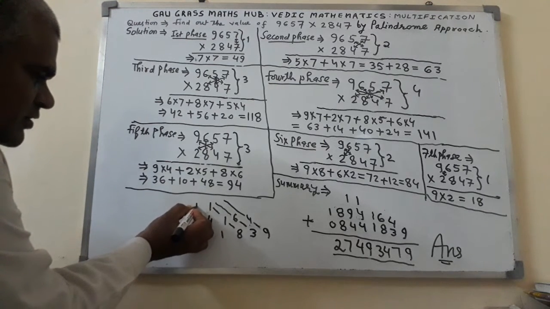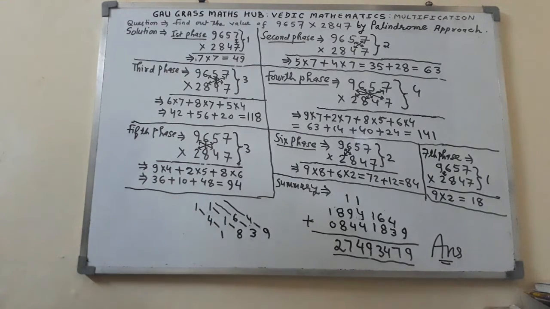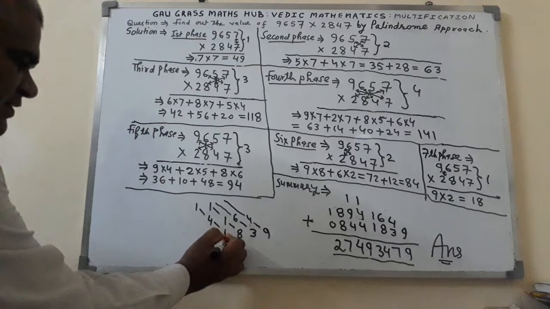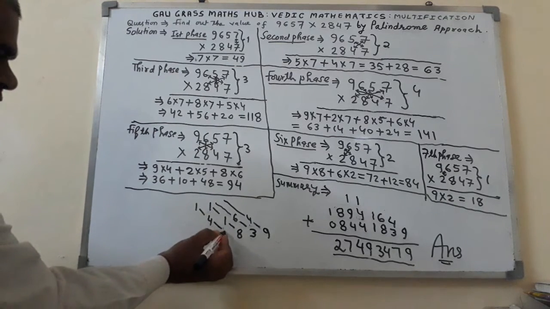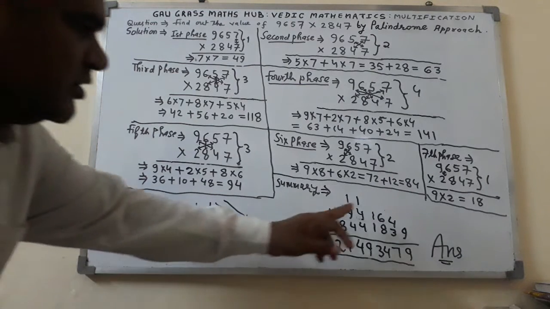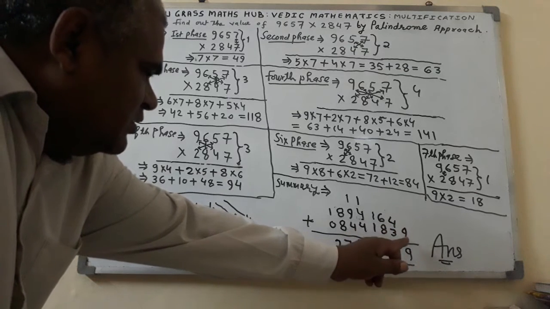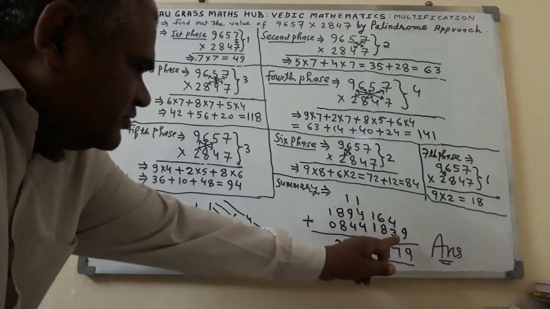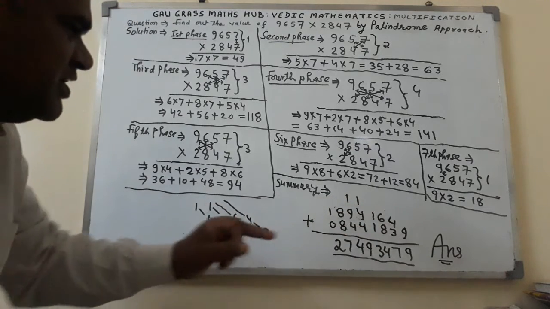Here write 1. So like this we will write. Now 141 completed. So in the transverse way 49, transverse way 63, transverse way 118, 118, transverse